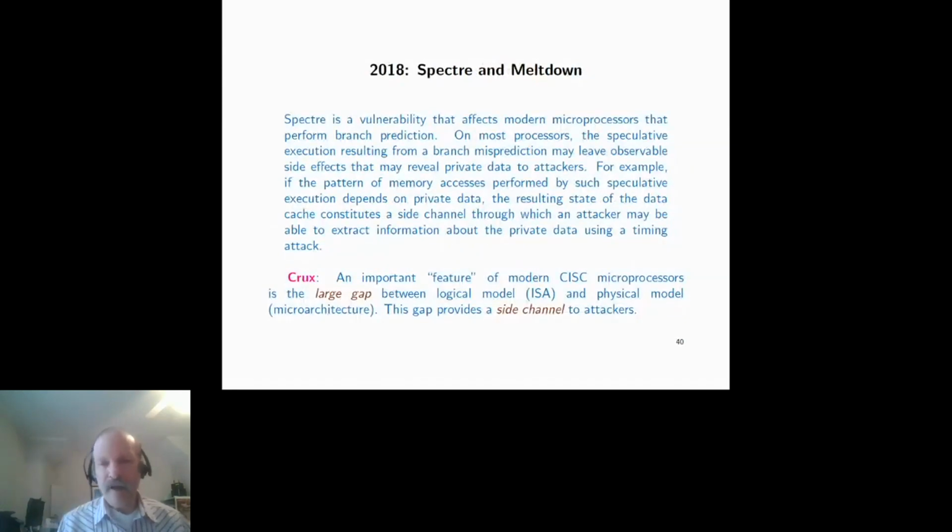But I mentioned the cloud gives us another problem, and this is vulnerability. The big vulnerabilities that jumped out in 2018 are the so-called Spectre and Meltdown. And essentially, what is Spectre? It turns out that today the x86 in particular does all kinds of architectural tricks to improve performance, and one of them is branch prediction and speculative execution. But speculative execution leaves side effects, so that private data is revealed to attackers.